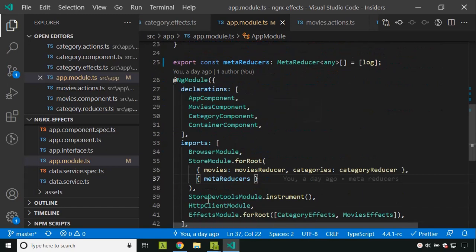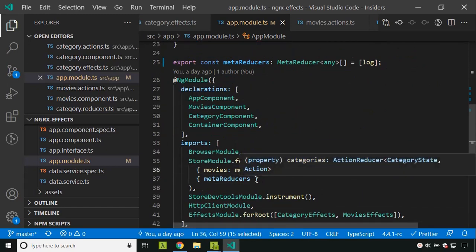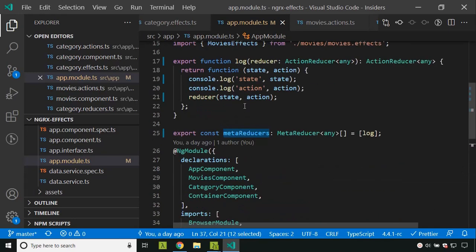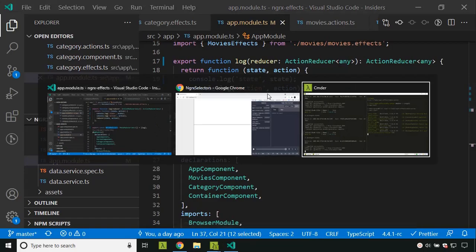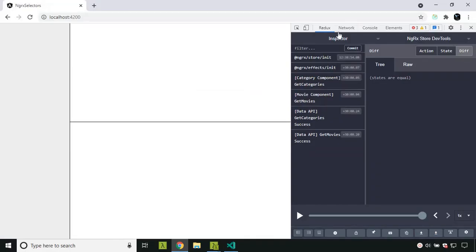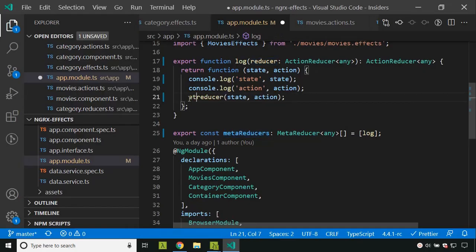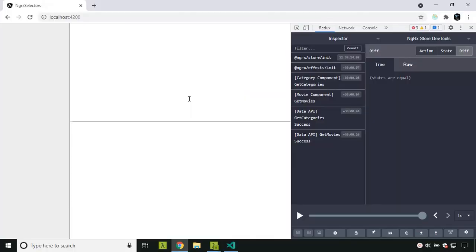Now what will happen is whenever any of these reducers get executed, just before that this meta reducer function will be called and you will be able to see the console messages. So now let's go to our application. We need to return our reducers.